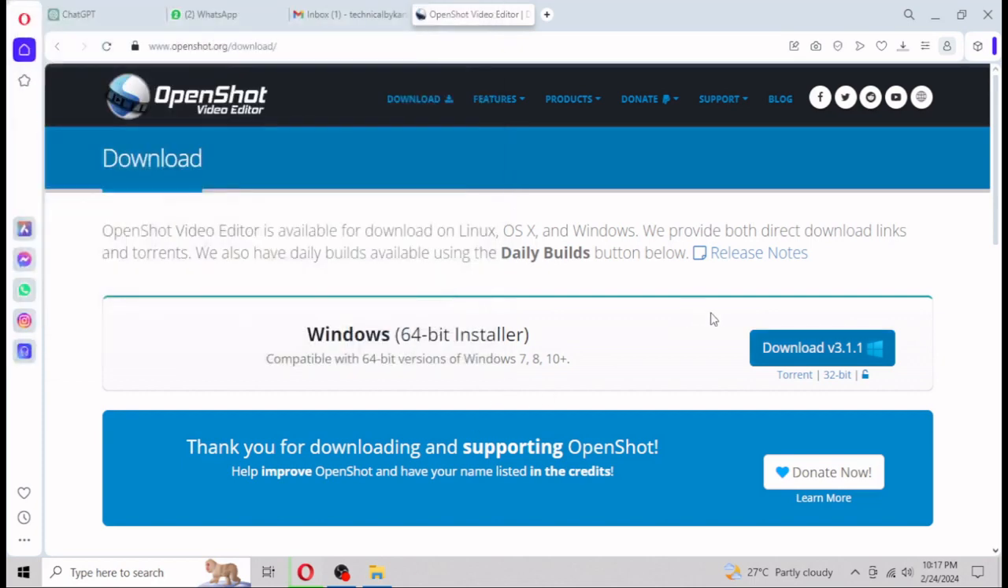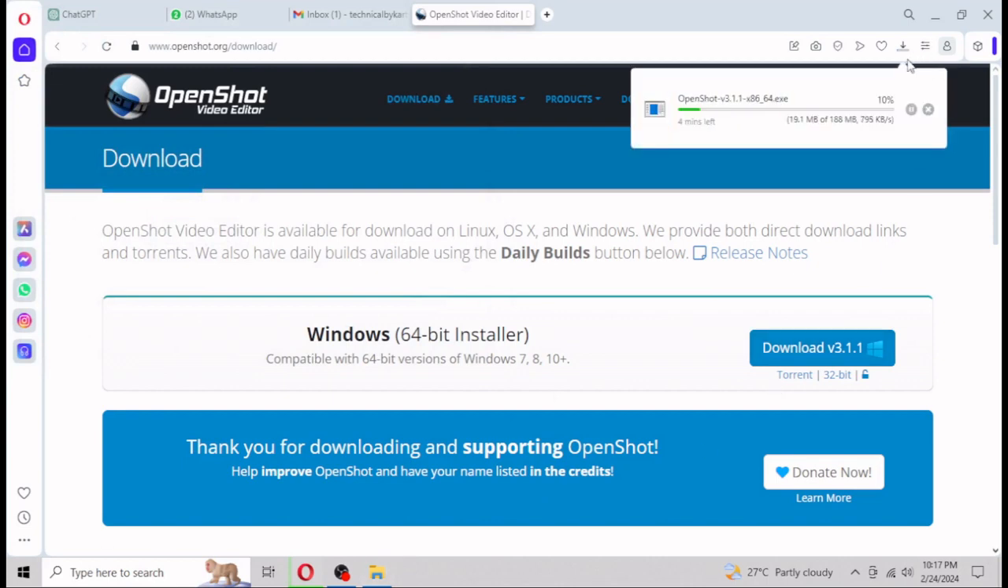So now the software has started downloading. Once it downloads, I will let you know how to install this software. It will not take much time to download. So it is downloading now, and if you see what they are doing,